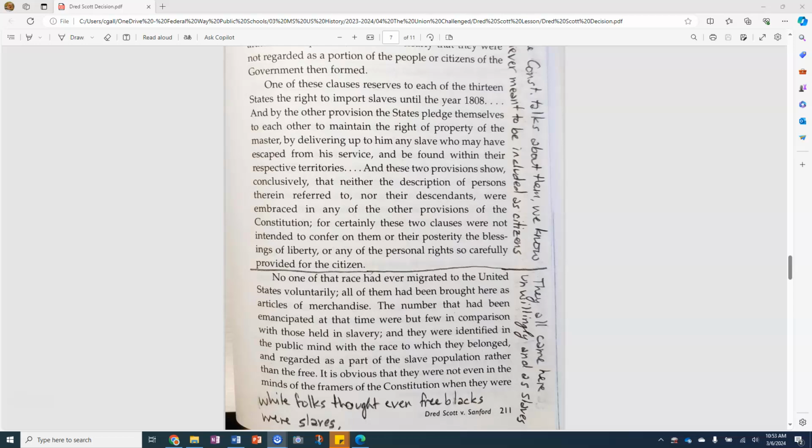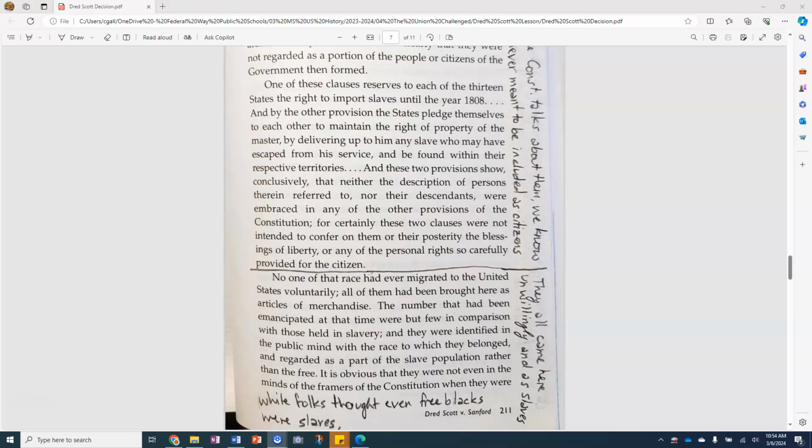He says, and the provision that the states will return slaves to their master if they run away. Okay. So this is the basis of those fugitive slave laws you've been reading. He says, and because of these, we know, conclusively, that neither the descriptions of persons therein referred to nor their descendants, so we know neither slaves nor their descendants were embraced in any of the other provisions of the Constitution. For certainly these two clauses were not intended to confer on them or their posterity the blessings of